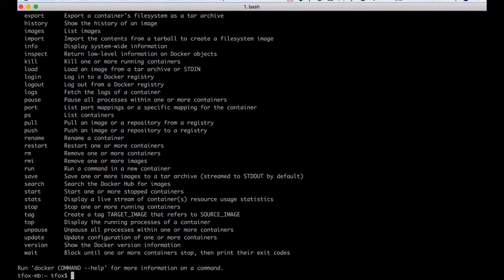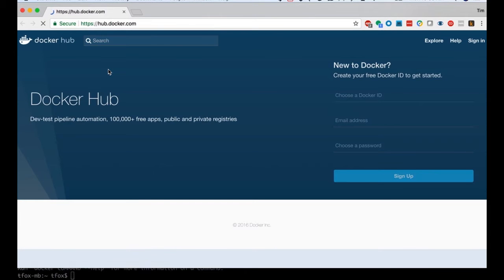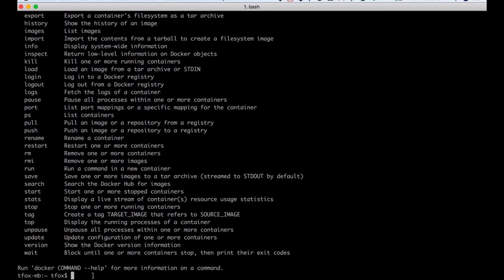So that's excellent. Now, in order to use this, we will have to have an account with Docker Hub. So if you haven't already set one up, go ahead and do that. As a matter of fact, I'll illustrate that we will need to. So here is Docker Hub, and you can just go ahead and sign in there. Now, to log in to your account, you'll need to type in docker login if you haven't done this already.